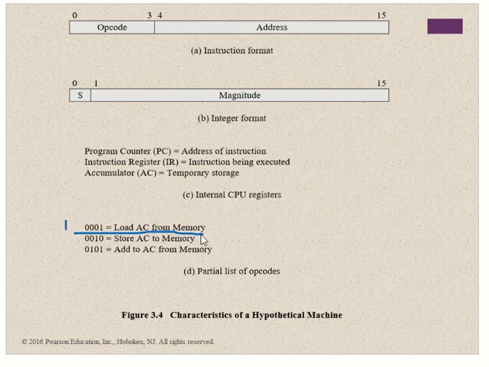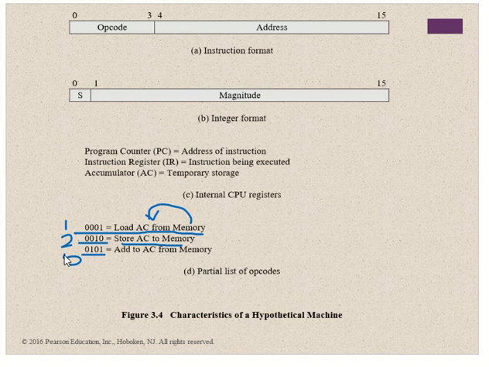You take some data from memory and put it onto AC. And 0010, which is 2 in decimal, means store AC to memory. That is, what you have in AC, you put onto memory.